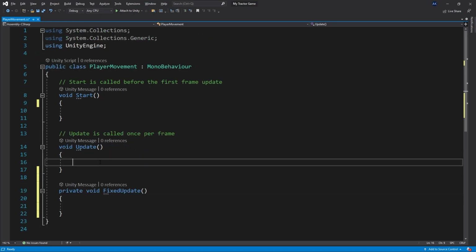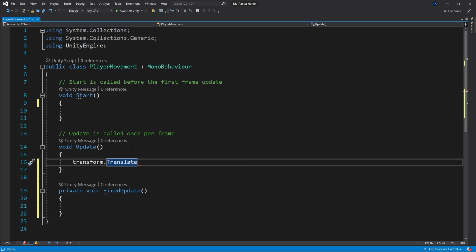The task that we're trying to achieve here is to get our player to move. And I do want to use the rigid body to control that. But for now, let's actually use the transform component. And since we're not going to be interacting with the rigid body, I'm going to just do it inside of the update. And the update is going to be called once per frame. So each time the image of the game refreshes, this method is going to be run. So we're going to look for